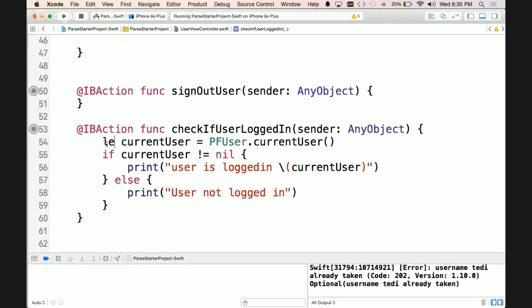Make this let. So basically, you don't want to check if user is logged in by doing an action. This is what you want to do every time somebody opens up your app, so you don't make them log in every time. Parse also, another cool thing it does, which we would have to do ourselves, is it caches our user in our app. So after successfully logging in, it caches the login for us. So now, if I run my app,